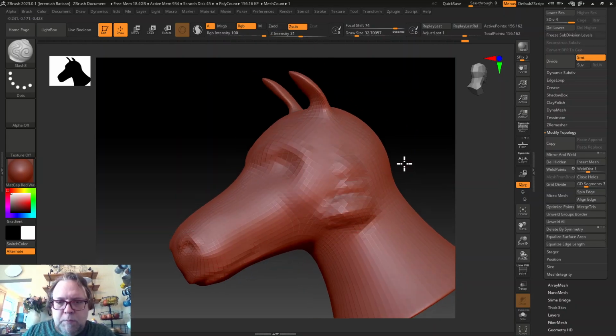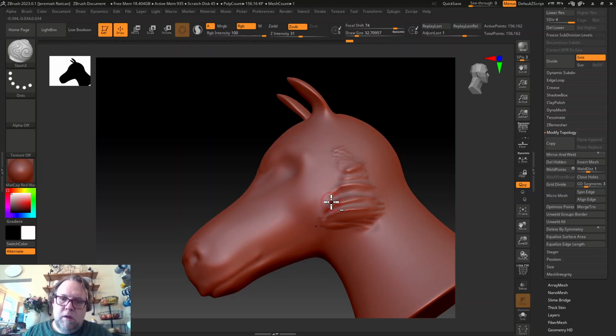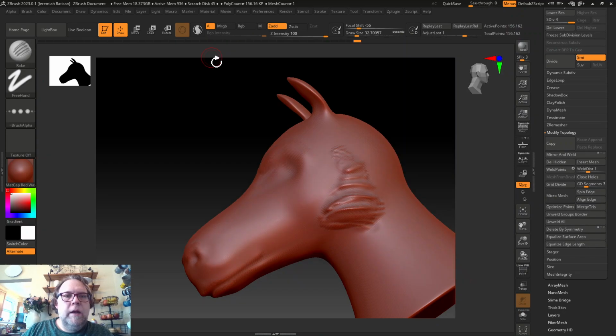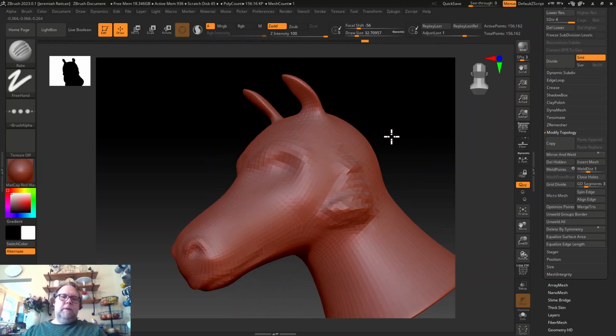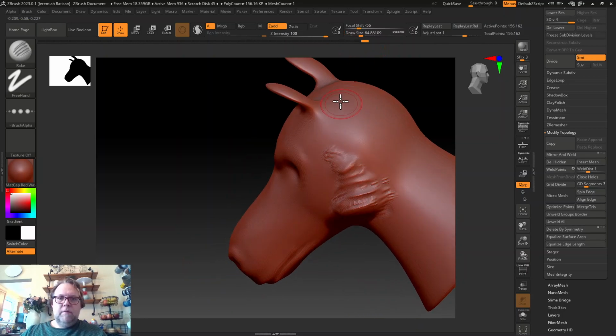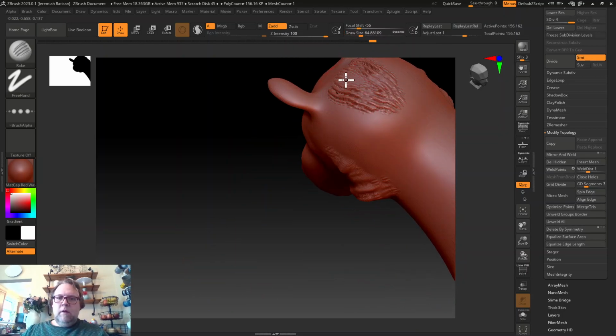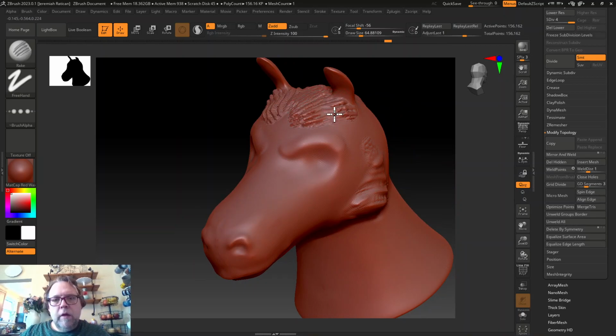Alright, so at this point you can see I'm really just starting to model the things. Alright, anyway, I don't want to spend too long on the sculpting tools part because this video can get pretty in-depth, right? But I want to show you that again, it's pretty easy to bring in the model